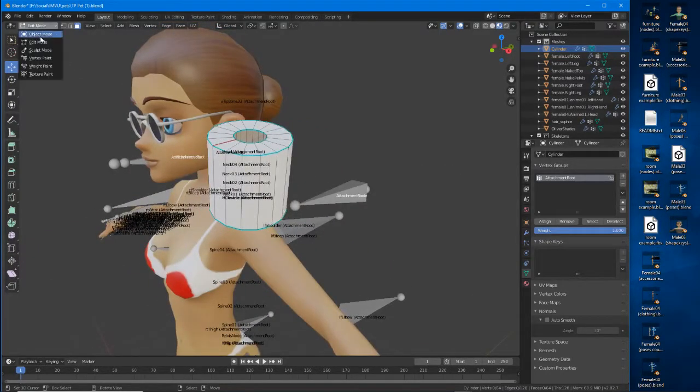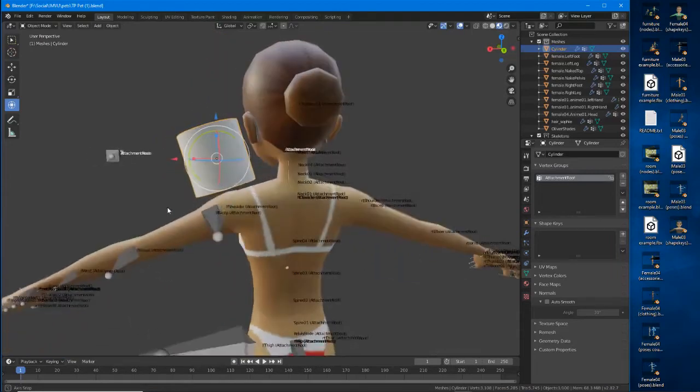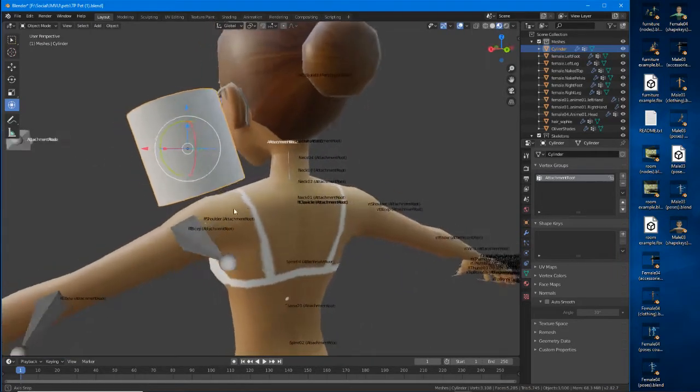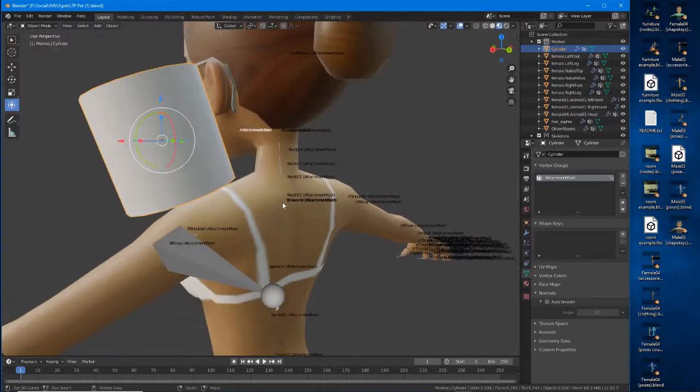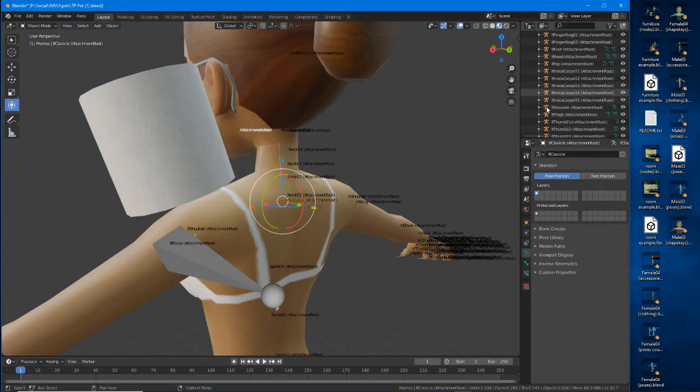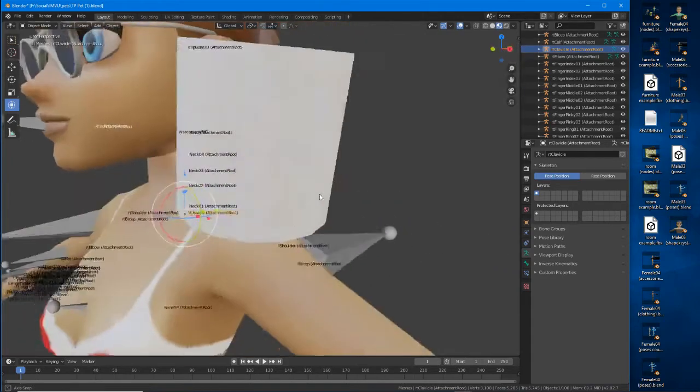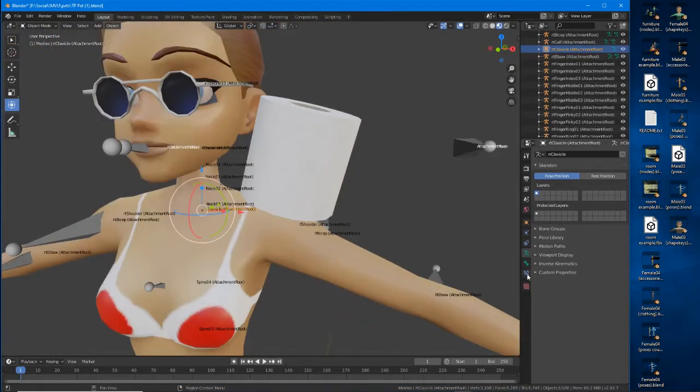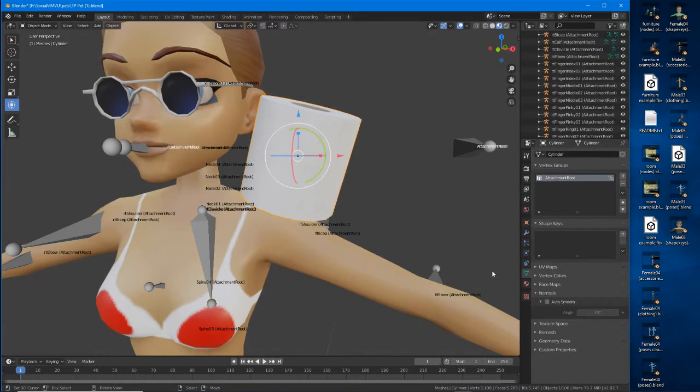Next thing, object mode, we want to attach this to a bone, and I suspect what we'll want to use is the clavicle. So that's the left clavicle. That's the right clavicle. So that's the bone we want. So select the mesh,